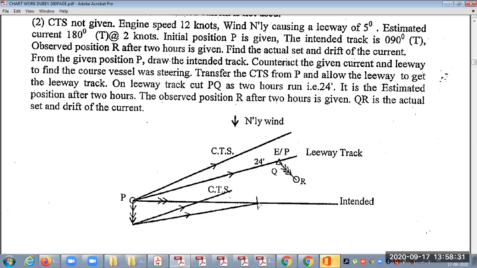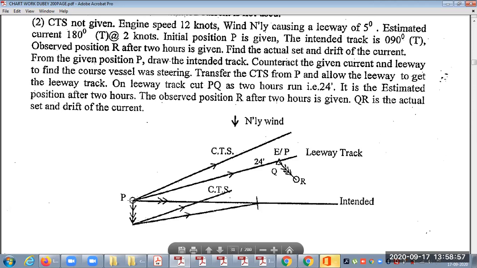Since it is the counteracting method, we apply the leeway afterwards. Wind is coming from north, so leeway is 5 degrees. Suppose this course is 070, then our course to steer will be 065.